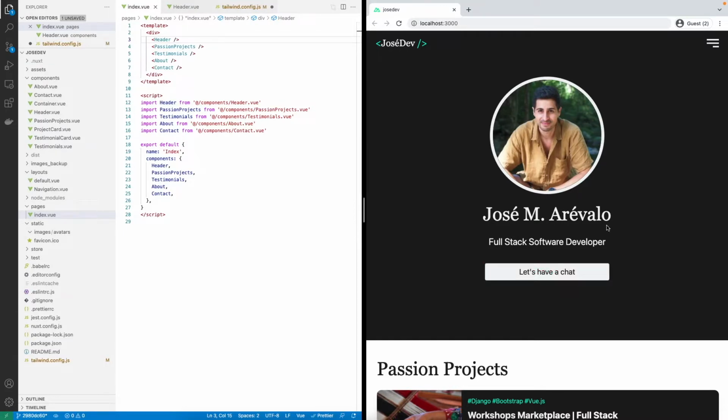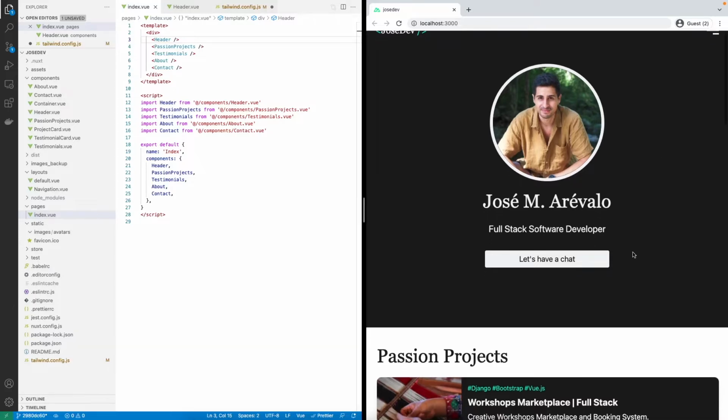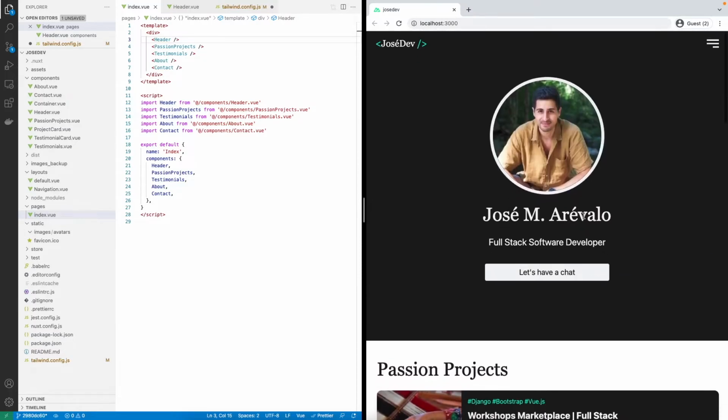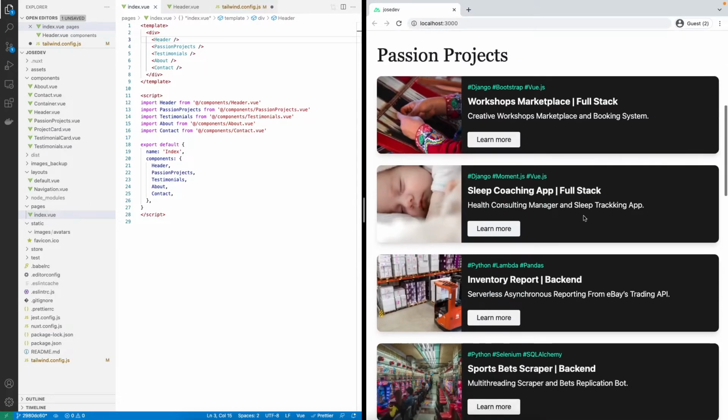Instead, I'm just gonna give you the link to the repo so you can copy, use, or do whatever with the code. And yeah, I just pretty much fast forwarded a bunch of stuff, and yeah, so I'm almost done with the styling really. I've got my header, passion projects,